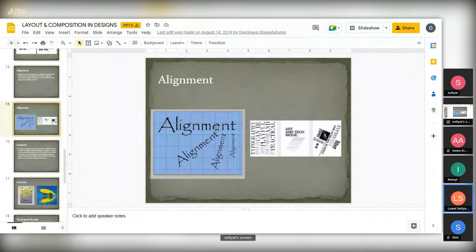But maybe you want to start your work from this side, it will be on this side, coming like this. If you want to start your work from here, it will be coming like this. So you need to check. Use your grid to do it. This is the grid. So it must be in a uniform way so it will not fall apart. So you need to check very well because of alignment.